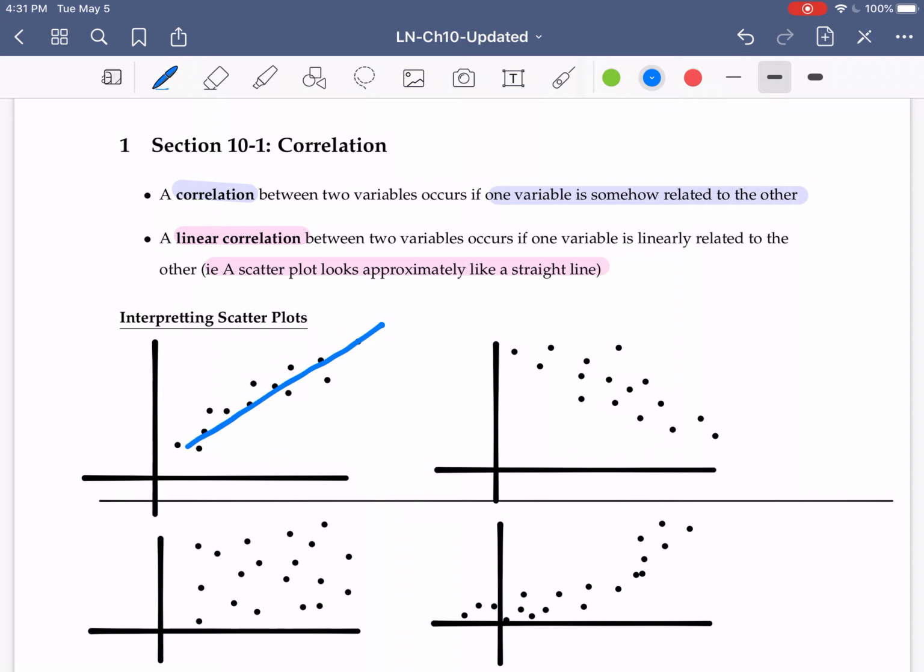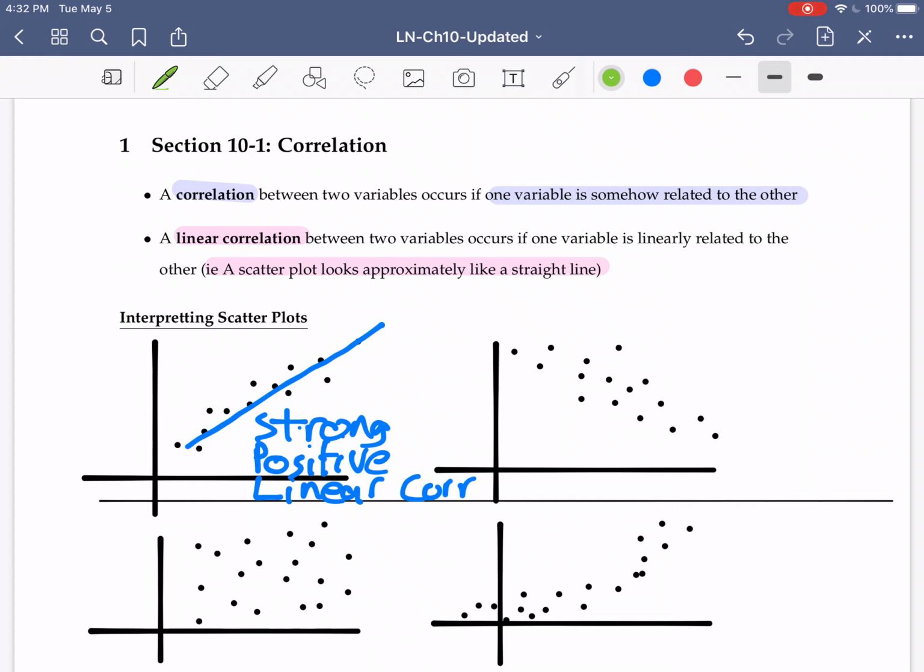So this has a strong positive linear correlation. Right? So these points lie approximately on a straight line. That straight line not only is approximate to all those points, it also is a straight line with a positive